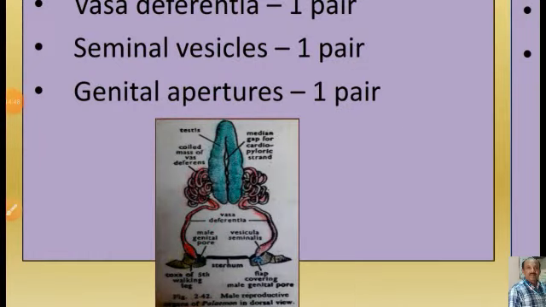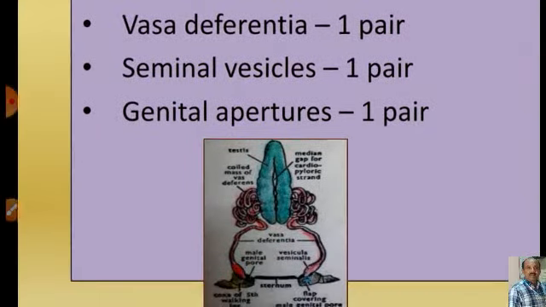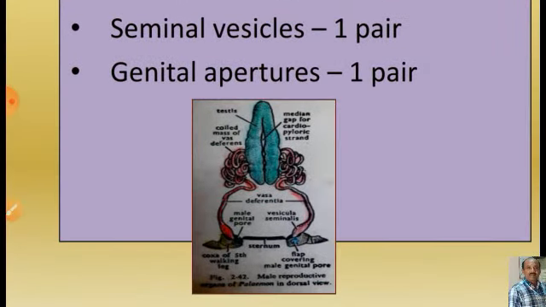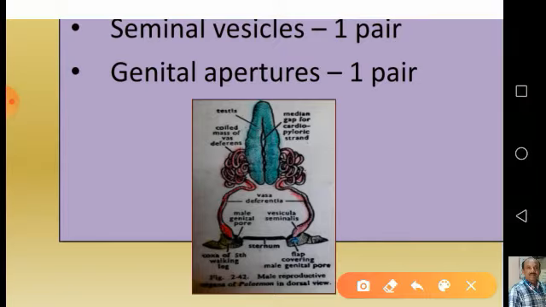So the male reproductive system has the testes. A pair of testes, they are whitish in color, though the color appears different in this figure. They are actually whitish, soft and elongated bodies, and they fuse at their anterior ends to form a common lobe. So they fuse at the anterior end only. Here they are fusing, but at the posterior end they are separate.